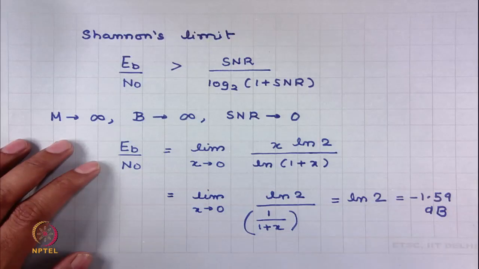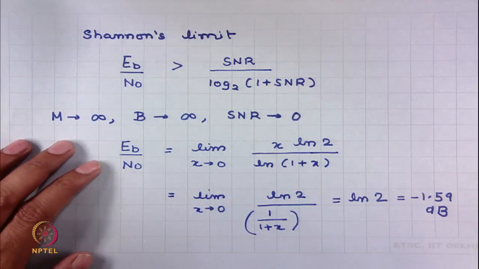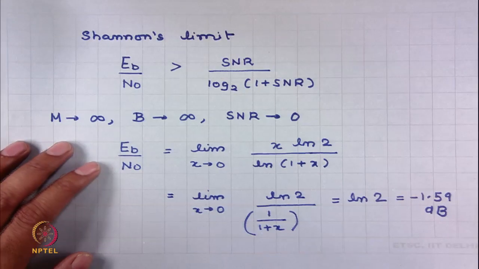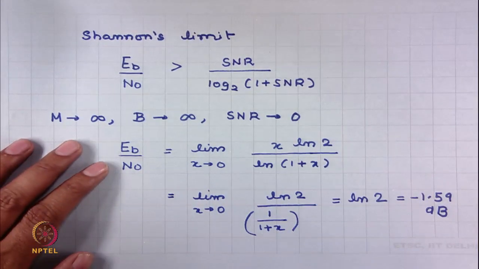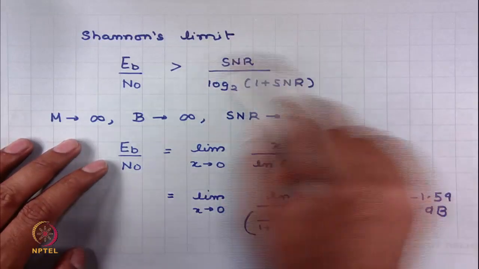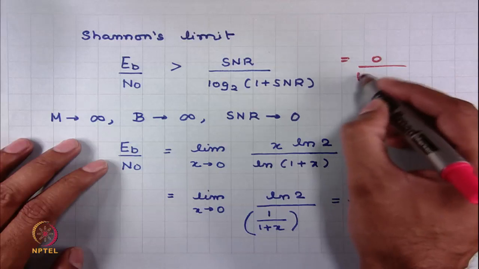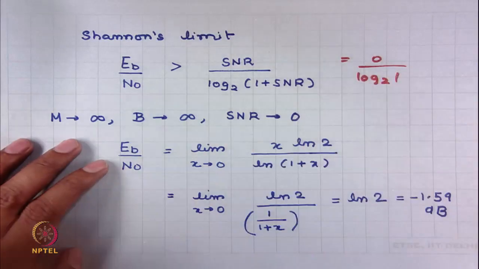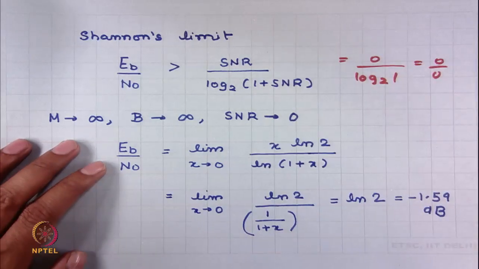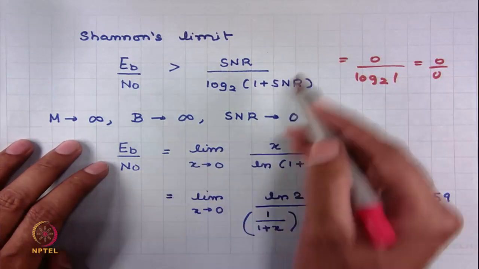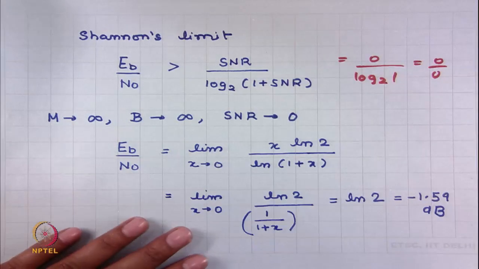When bandwidth tends to infinity, the SNR approaches 0 because noise power becomes infinite as well. And thus, when SNR tends to 0, this is 0 times log 2 of 1, which is 0. So, this is a 0 by 0 form, and you have to arrive at this quantity in the limiting sense,